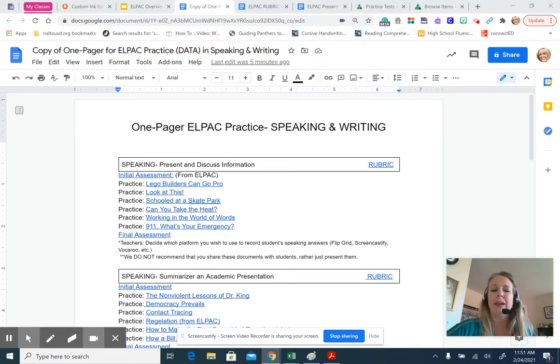But the ELPAC tests all 4 domains: reading, writing, speaking, and listening. So we wanted to come up with 2 other ways to give students exposure and practice in those areas and have some good, hopefully positive, data on them. That's where this whole thing came about.